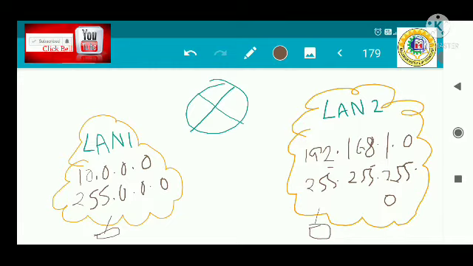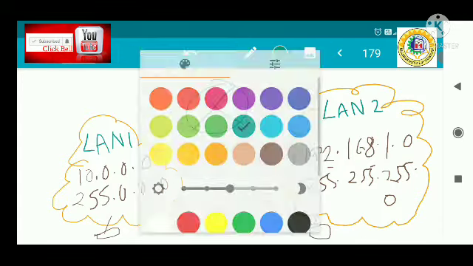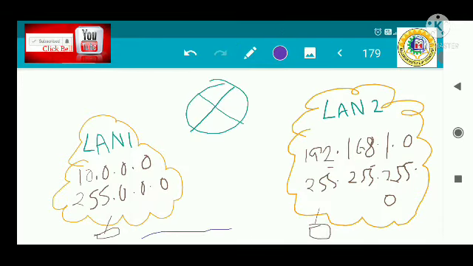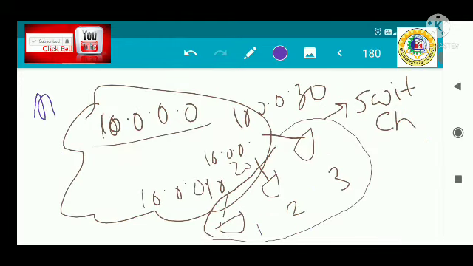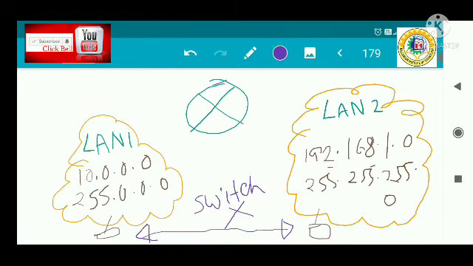If the communication is to be performed between computers within these two networks, then it cannot be performed with the help of a switch. The switch cannot complete this task, because the switch only stores the MAC address table. The MAC address table is the physical address table that can only be used to communicate within the same network. Same network means same LAN. So frame it in your mind that the switch cannot communicate between two LANs.